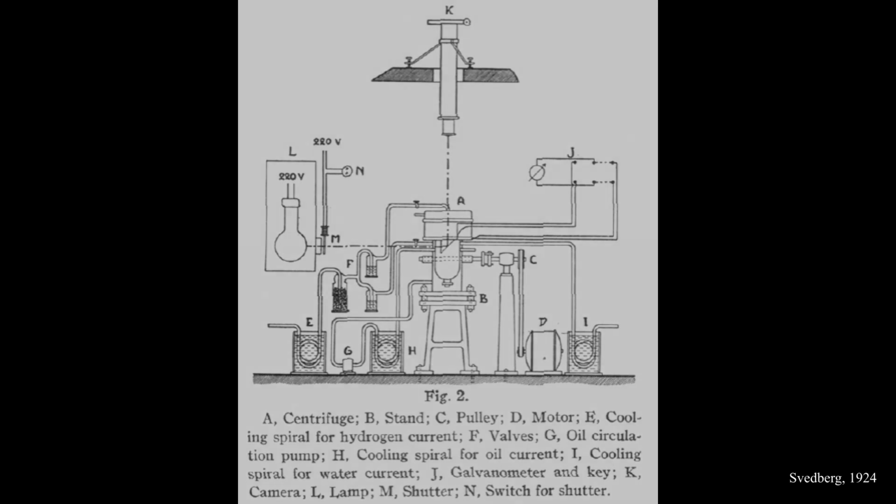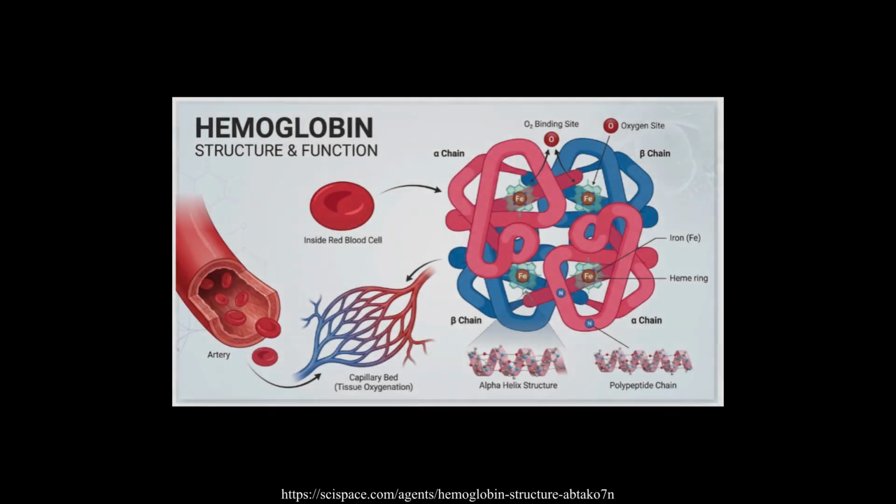With this instrument, Svedberg could begin to determine the molecular weight of proteins using hemoglobin, which is a protein in red blood cells that binds iron, as his first sample. The molecular weight of this protein was suspected to be at least 16,700, though this varied wildly depending on the source, from a fraction thereof to multiples.